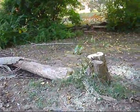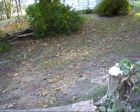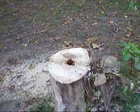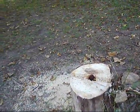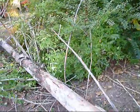And this here, this tree fell basically exactly where I wanted it, but you can see I got a much better cut there. So I'm going to delimb this as soon as I get done with that. Right now I'm